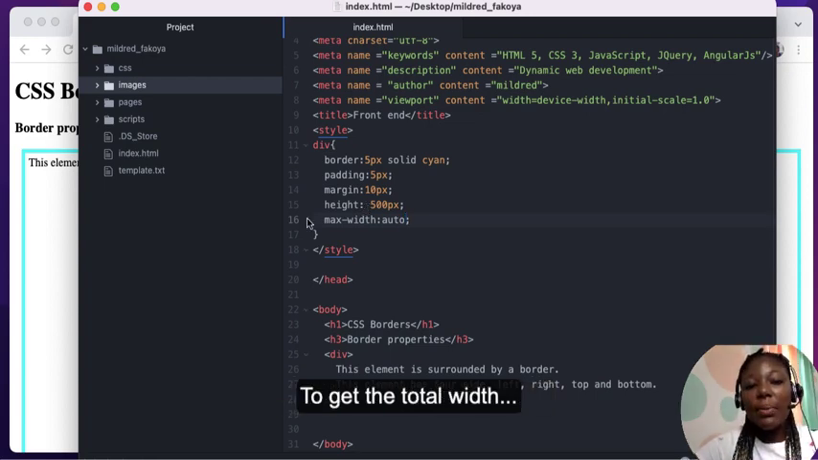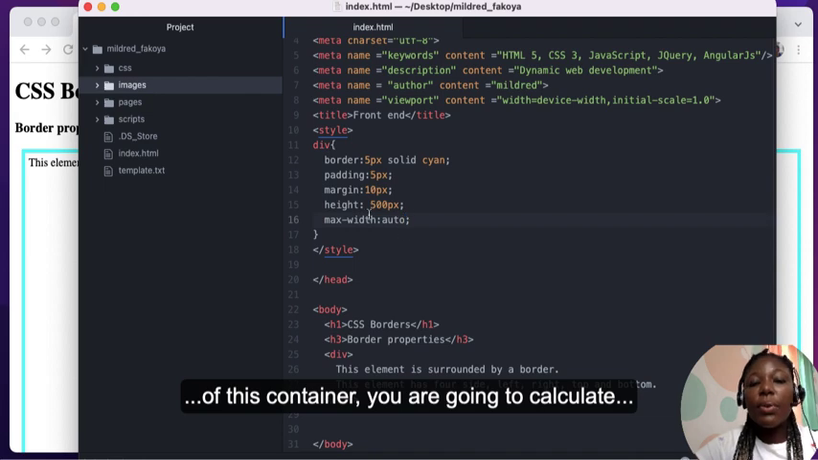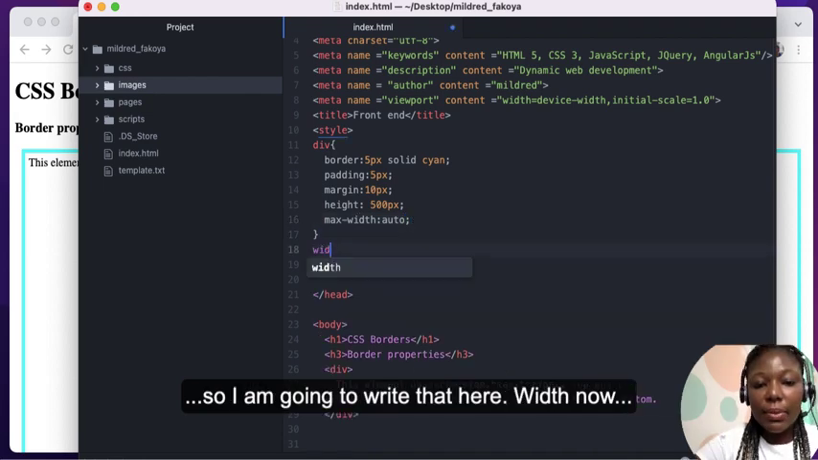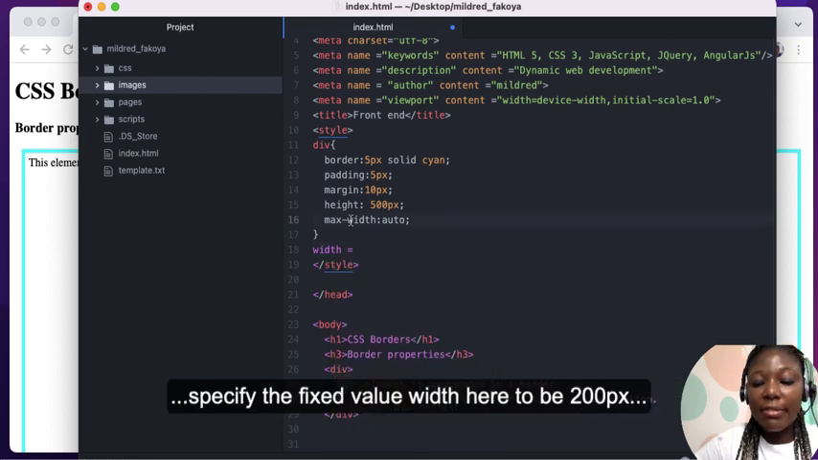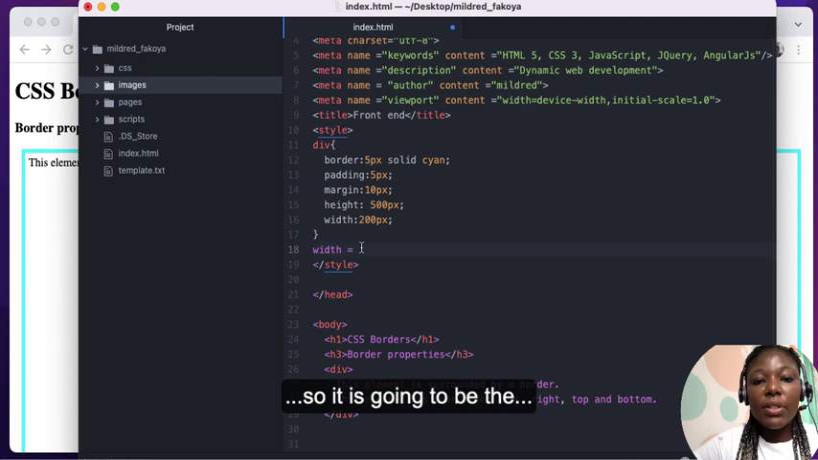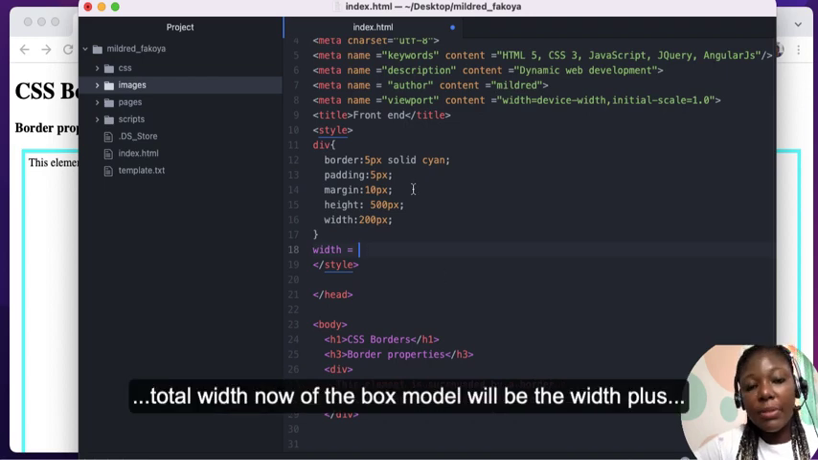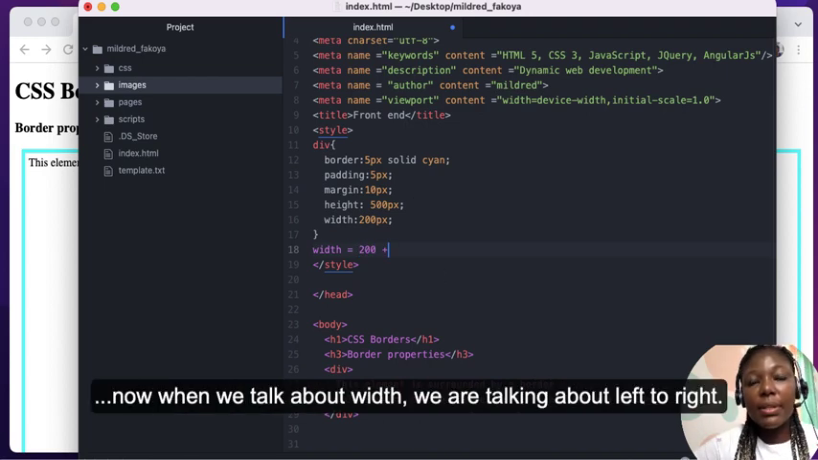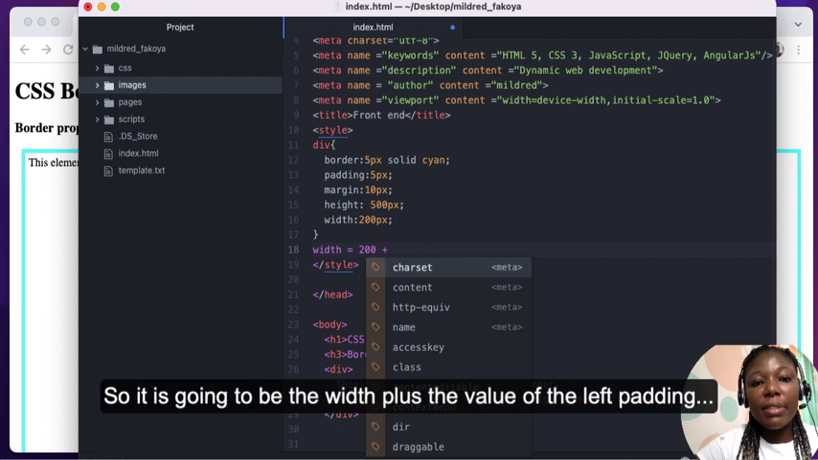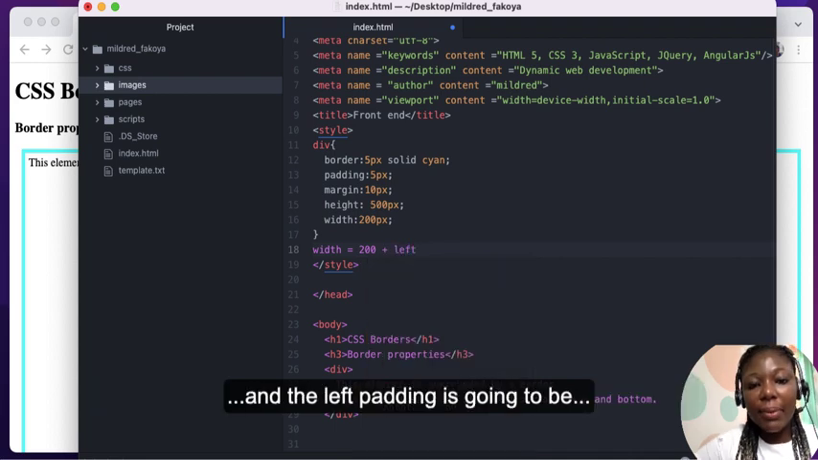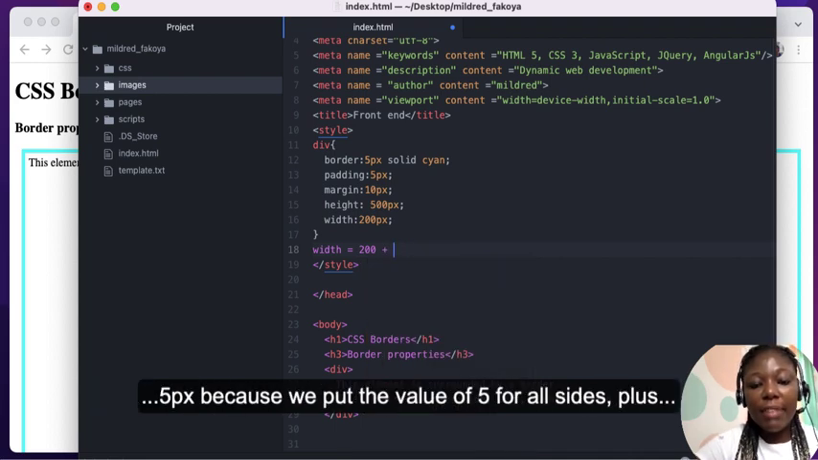So to get the total width of this container, you are going to calculate, so I'm going to write that here. Width now will be equal to the width that we specified. Let's say we specified a fixed width value here to be 200 pixels. So the total width for the box model will be the width plus... Now when we talk about width, we're talking about left to right. So it's going to be the width plus the value of the left padding, right? And the left padding is going to be 5 pixels because we put the value of 5 for all sides,